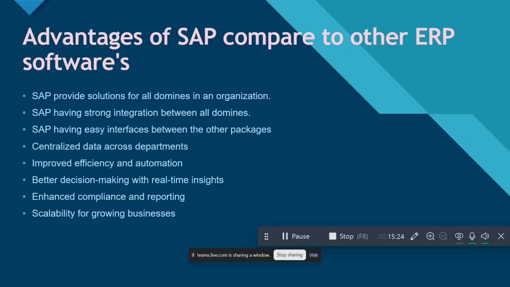Centralized data across departments. Centralized data means we have master data in the system that will be used by everything. That means MM, PP, quality management, sales and distribution, FICO, all modules can use it. It is centralized. Improved efficiency and automation, better decision making with real-time insights, and enhanced